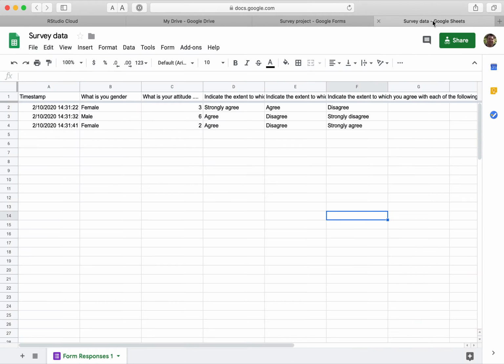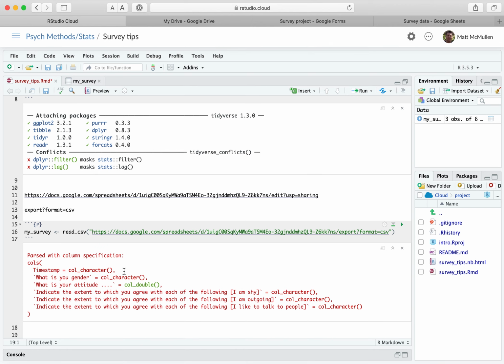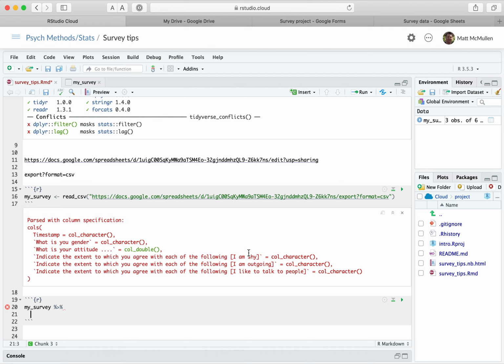Now, one thing you could do is go into here and rename it, but then I'm not sure if that'll stay. I'm not sure what kind of problems that creates. So I think it's better to do that in R. So here's how to do that. I'm going to create a new chunk. I'm going to start with our survey, and there's this rename function that you can rename the columns with. So I'm going to do rename, and then, okay, actually, so I can see what it says, I'm going to do a glimpse